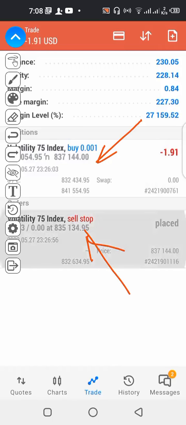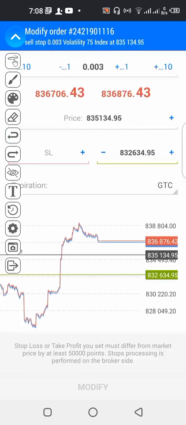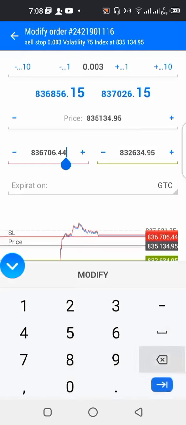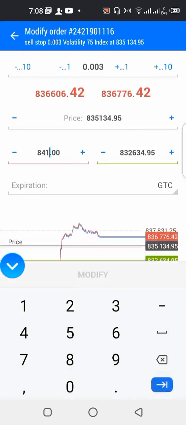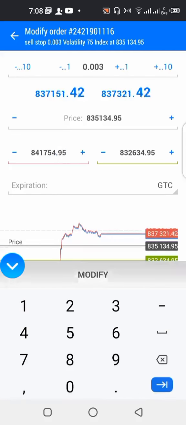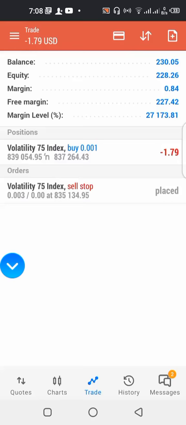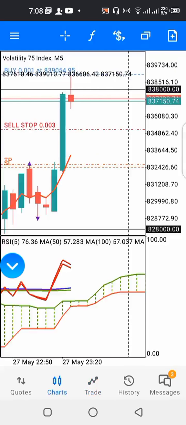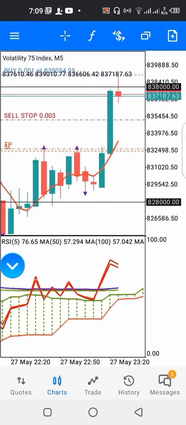I'm setting the stop loss level for my sell stop. So if this sell stop gets triggered, then we have another buy stop. But for now,